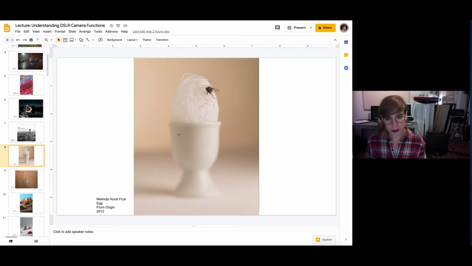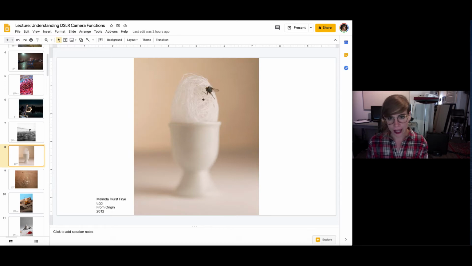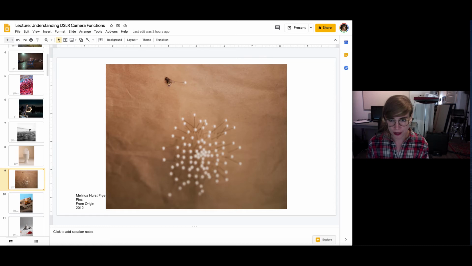Melinda Hurst Fry's work deals with the reproductive processes seen from the female perspective, and so she creates these still life metaphors with actual flies and then these objects that she constructs that sort of symbolize the egg or symbolize the womb. And I think the softness of these images, this sort of hyper feminine presentation of these really creamy ivories and color palettes, in combination with how she uses depth of field and focus, makes each of these images, while very, very simple, all of a sudden have a really quite symbolic and metaphorical